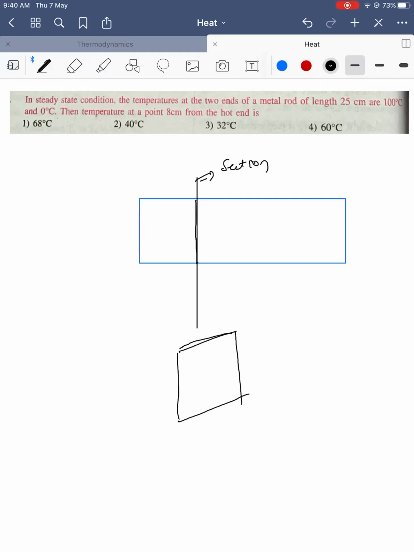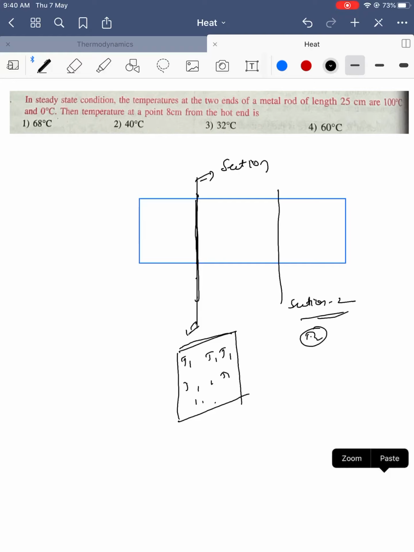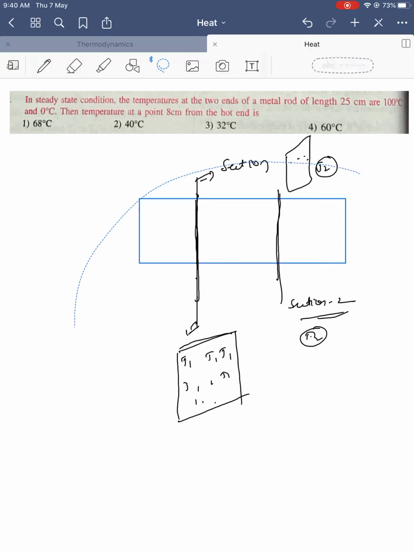In this particular section itself, the temperature will be the same, T1, T1, T1, T1. On all this surface, the temperature is the same. But if you take the next section, section 2, here the temperature T2 will be there, but T1 is not equal to T2. Even for this temperature T2, if I project the body, on all these surfaces the temperature will be the same only. So this is what actually is meant by a steady state.